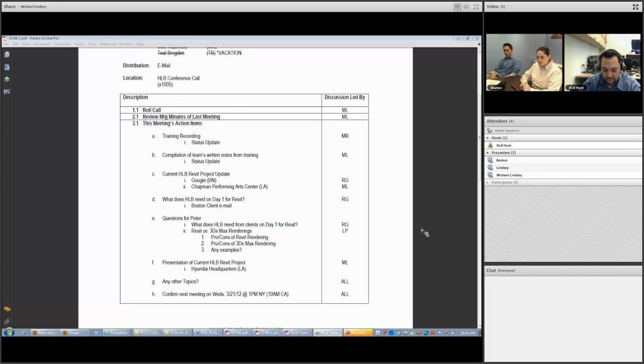So I think there are a lot of lessons to be learned from it, I anticipate, but I guess we'll tackle those when we do. One of the things I didn't include on the list, and I'll likely touch on it for the Hyundai project, is that we've all talked about wanting to keep our skill set fresh from our training, and it sounds like Boston will have some work coming in to keep that skill set fresh.